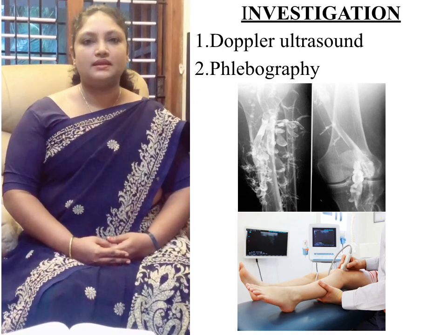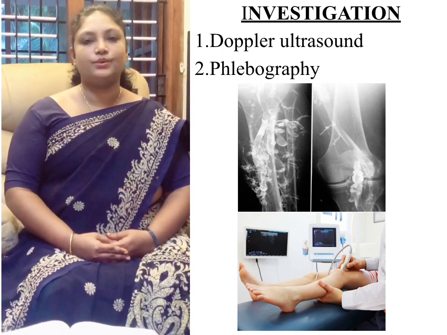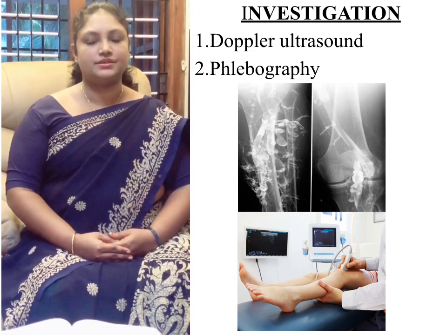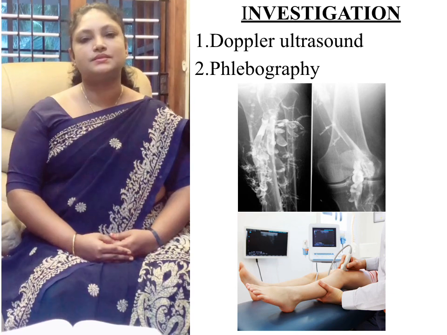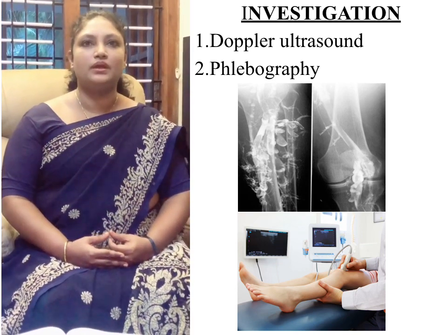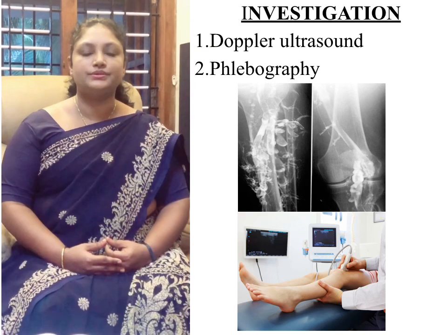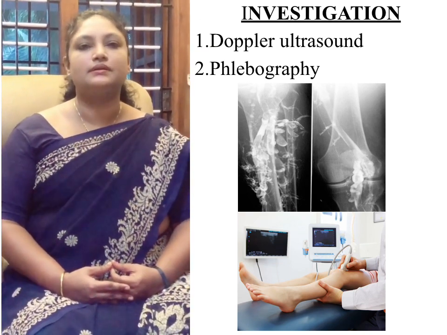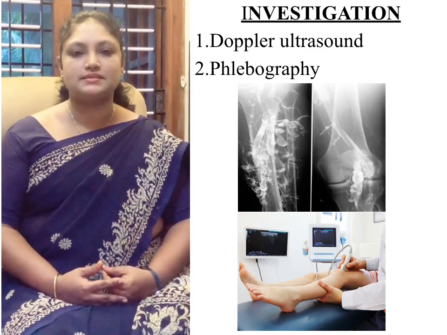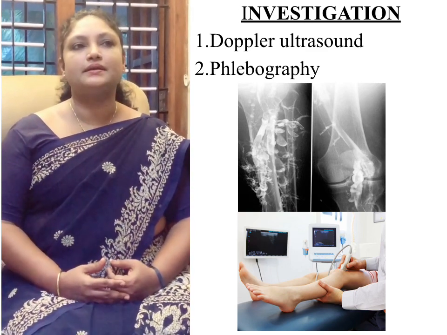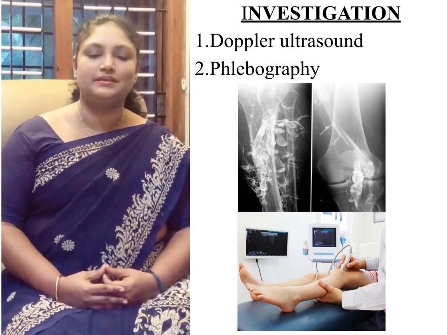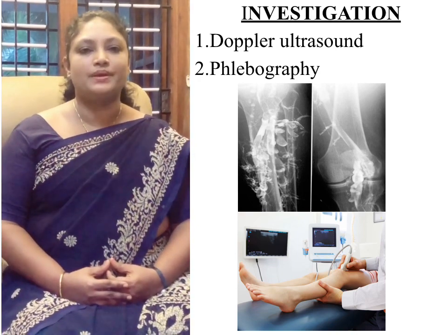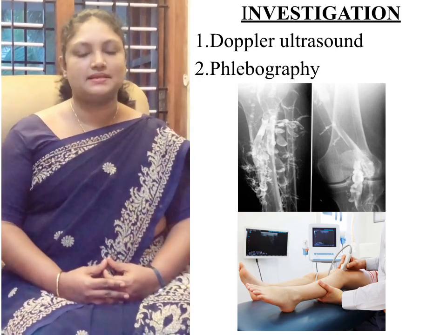The next one is the investigation. What investigations can you do in order to see whether the patient is having a thrombus formation, or to look for venous thrombosis? Clinically, you can see that there is a change in the circumference. If you check the circumference of the thigh as well as the calf, and the difference is more than 2 centimeters, you can suspect there is a formation of thrombus, when there is also swelling of the leg and discoloration of the leg.